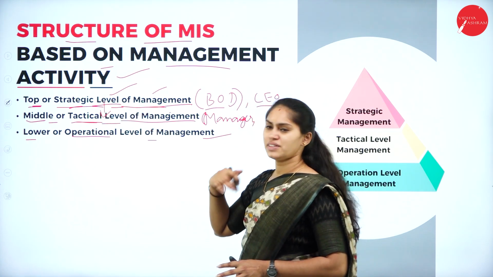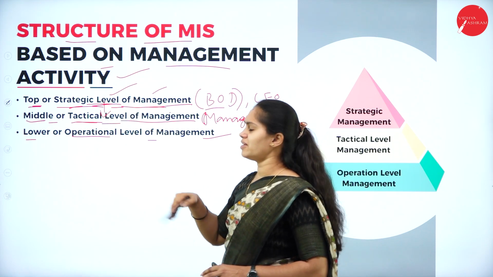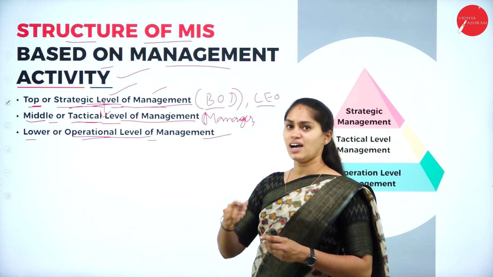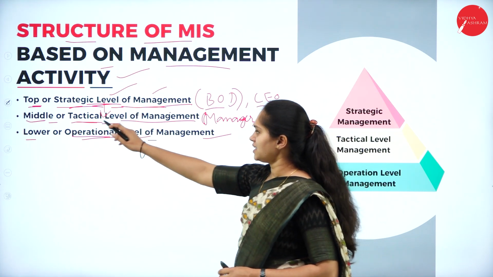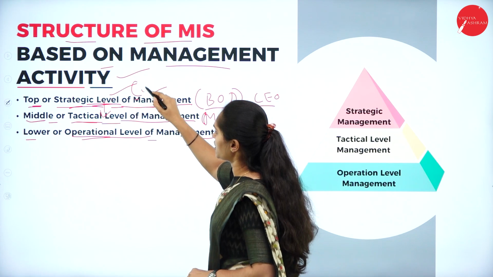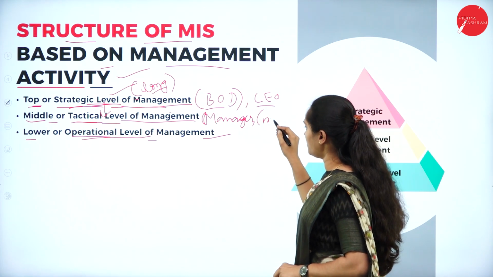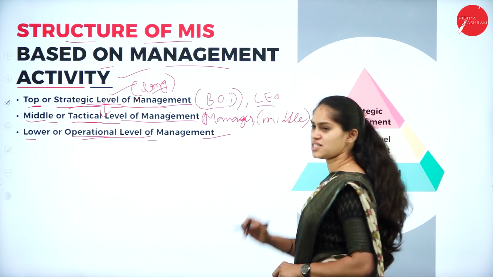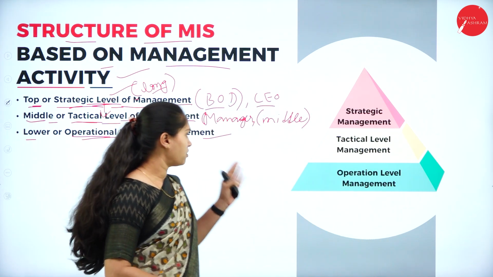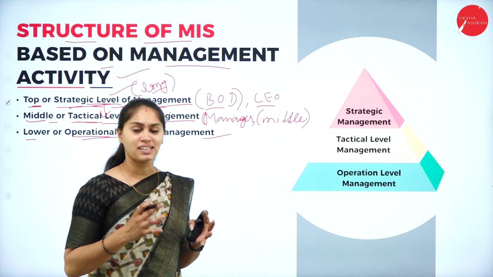The managers of an organization or enterprise uphold the statements given by the strategic level of management. They just assist the operational level of management, which is the next step after this tactical level. So the strategic level has long-term decision making. The tactical level has middle range decision making, which can be in terms of quarters, or it can be a decision on a monthly basis. Those are the things which happen in the tactical level.